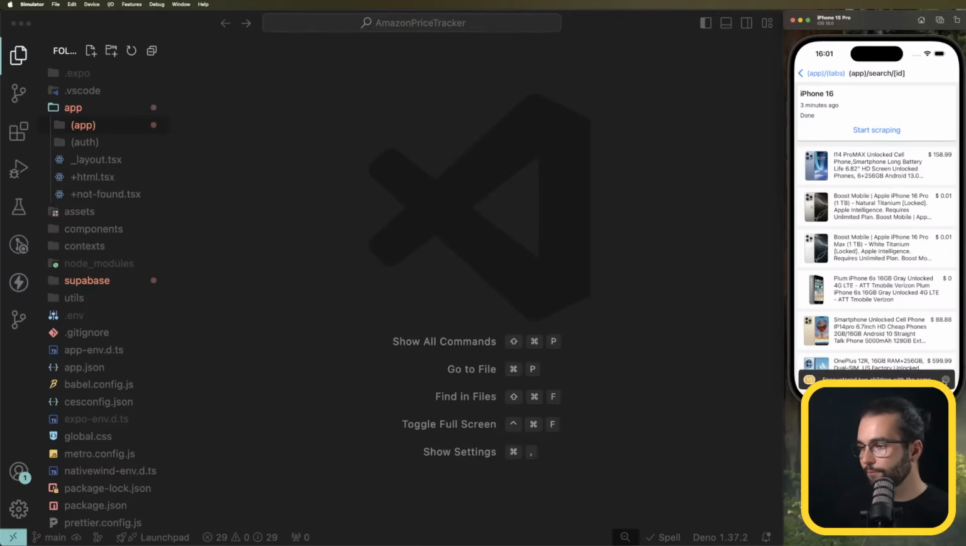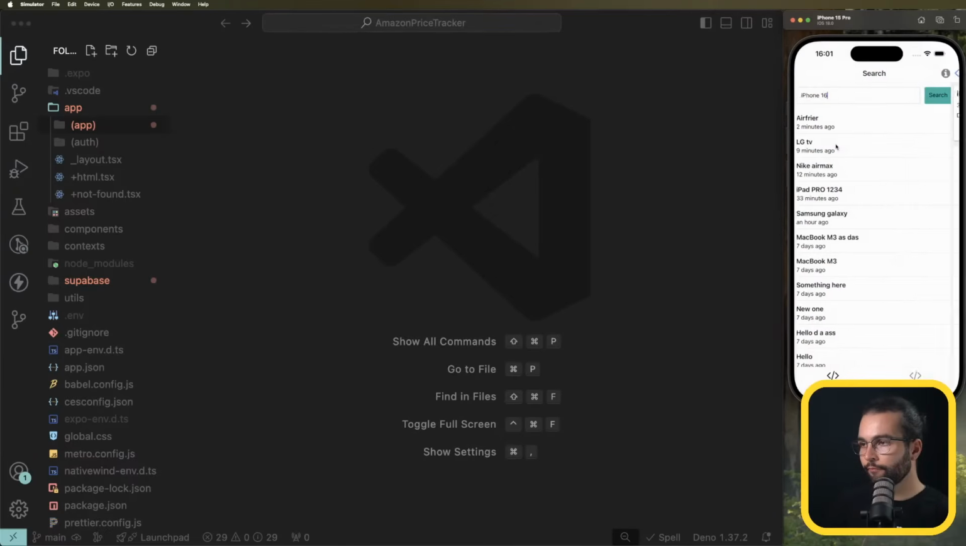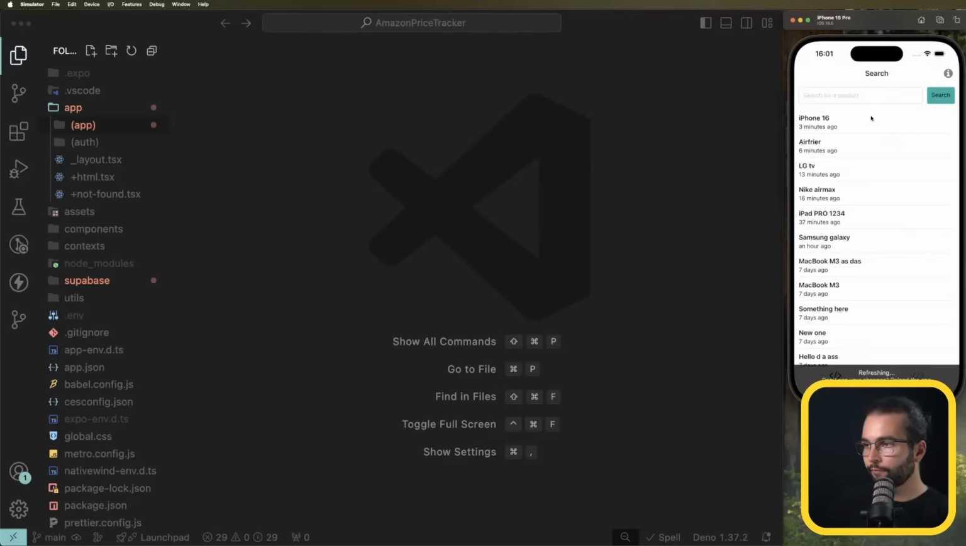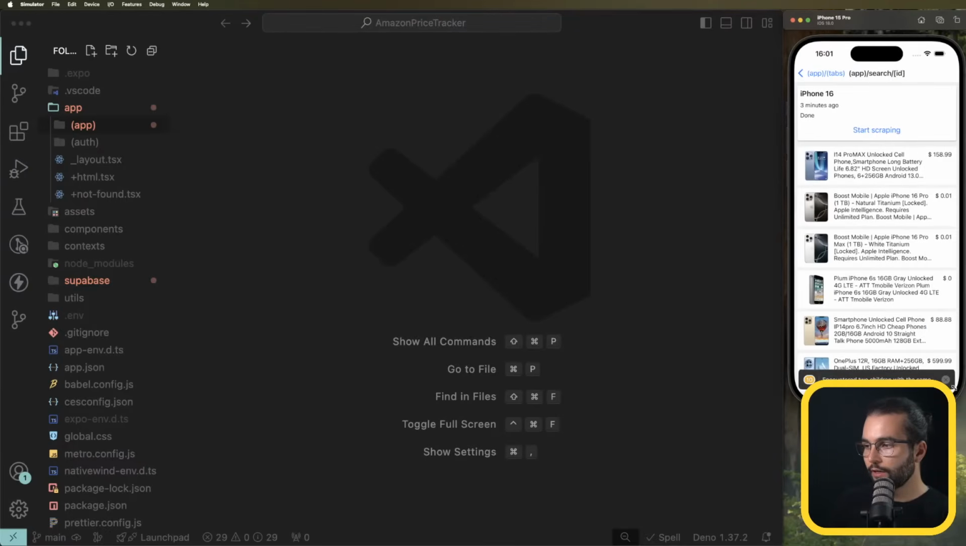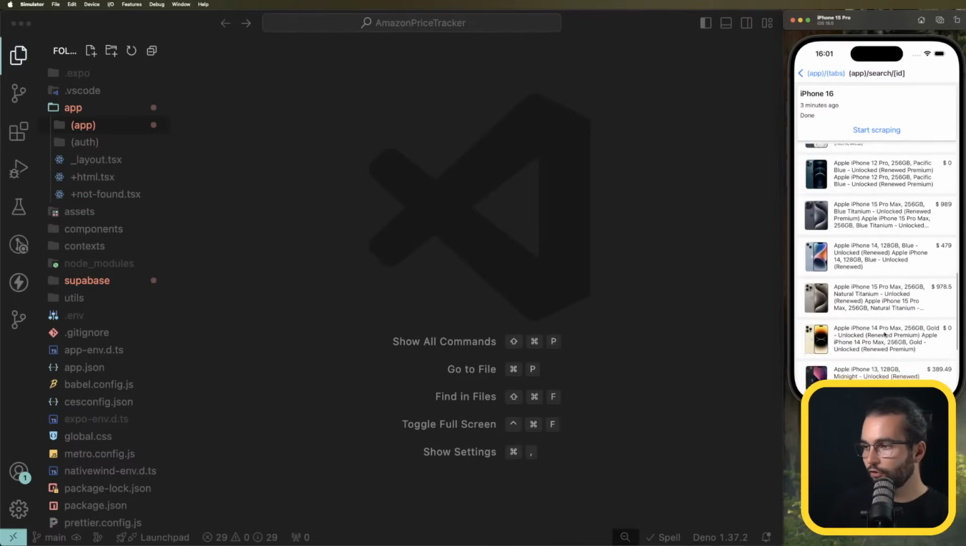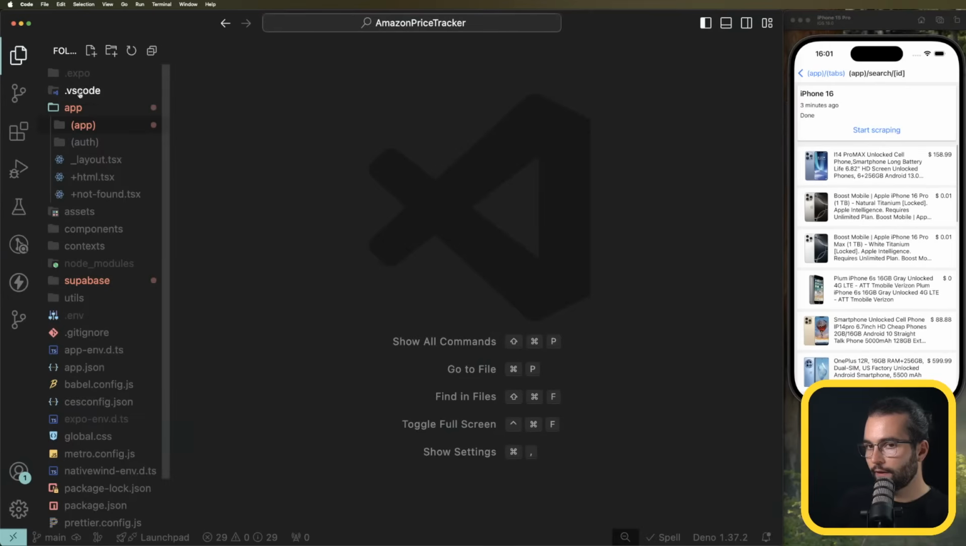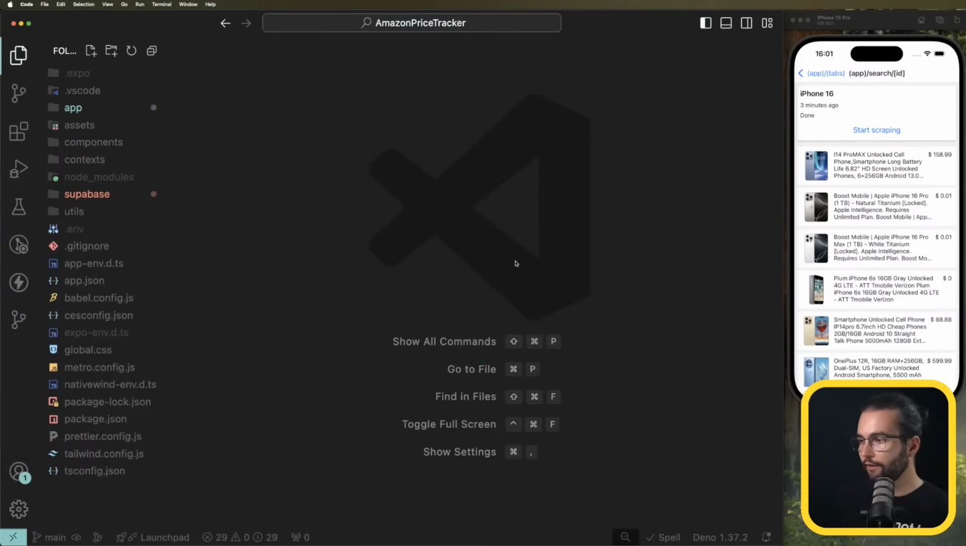Done. So now it has a lot of items, duplicated items probably, right? Yeah. I'm going to add that to